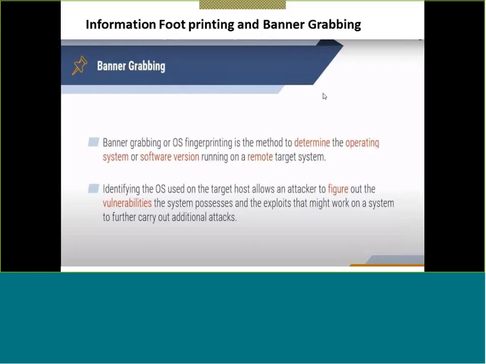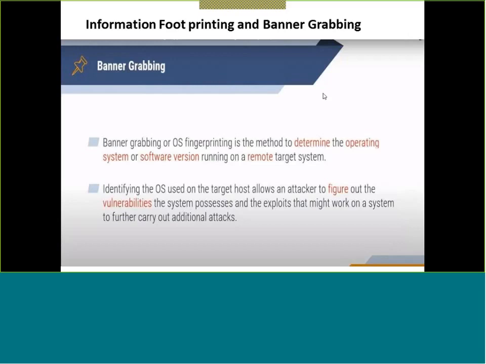If some vulnerable port is open, like Telnet, you must have heard about Telnet. Telnet is a very dangerous service, and if it is running and open, anyone can access your machine by using Telnet if he has the username and password, right? So it is always recommended to turn your Telnet off. If this type of service is running on a victim machine, the information about it can be known to hackers only by using banner grabbing, right?